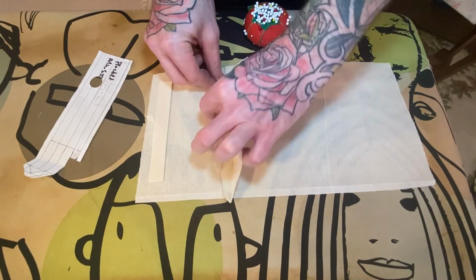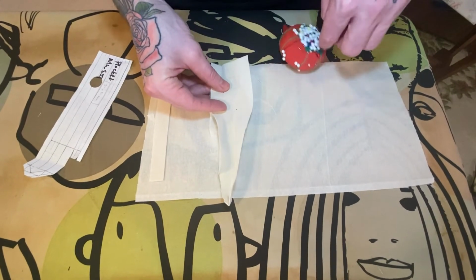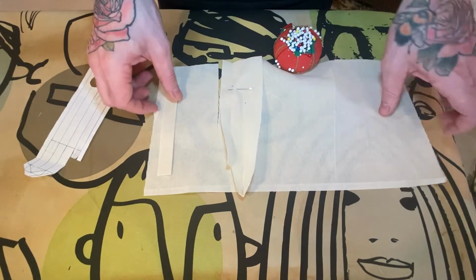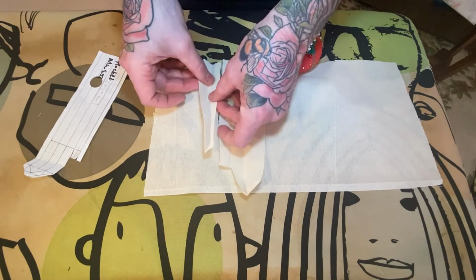Because you know I'm gonna do it. You know I'm gonna sew the wrong side together because that is the story of my life. So while it's planned, we're gonna pin it. And you'll see when we sew,